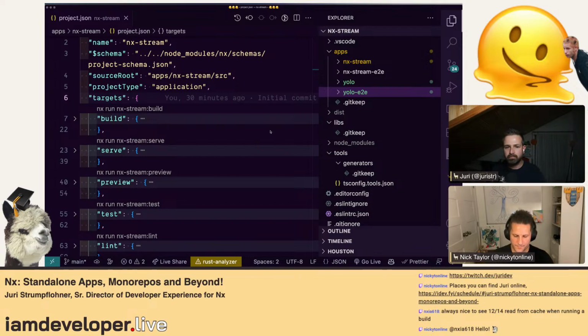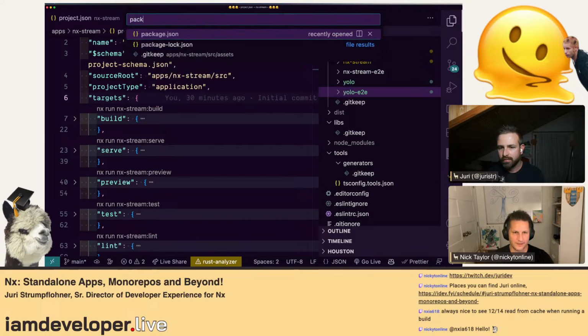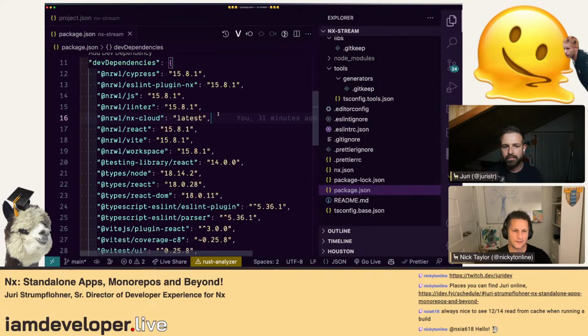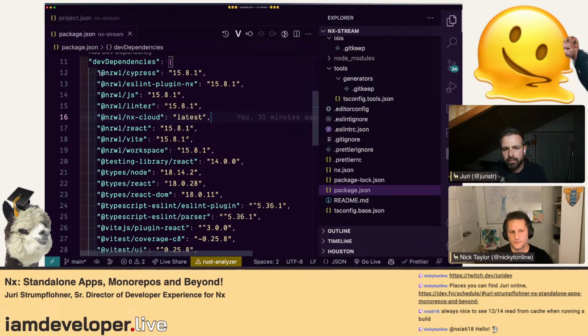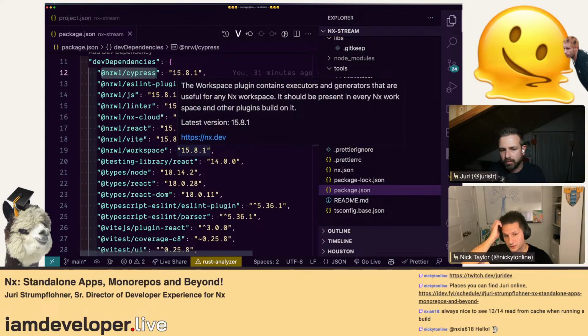Things are popping into my head as we're talking. If I come back to the package.json for a minute, there are a lot of dev dependencies in here that provide support, for example Cypress, the linting, and so on. A common scenario is publishing to npm.